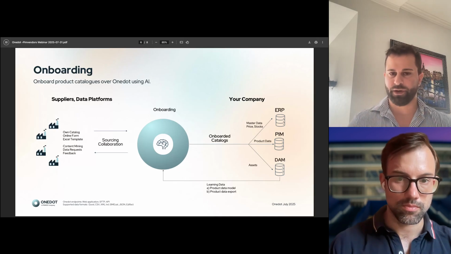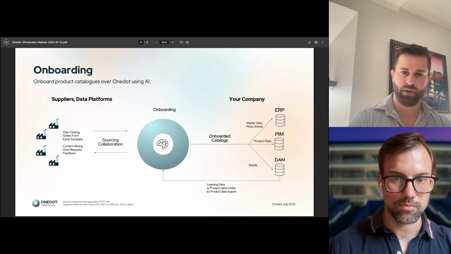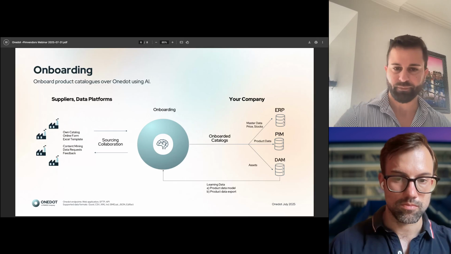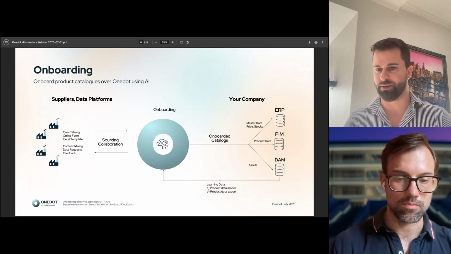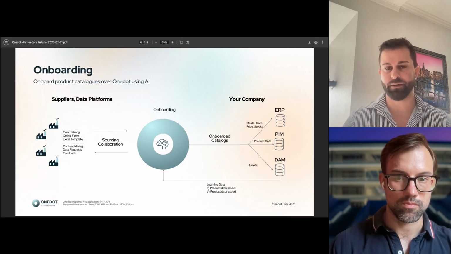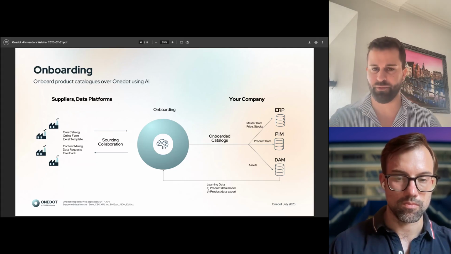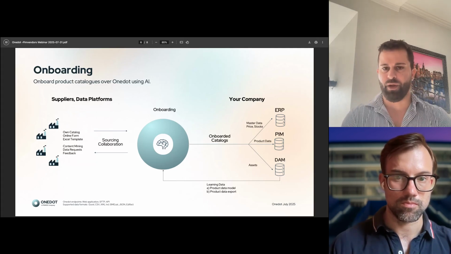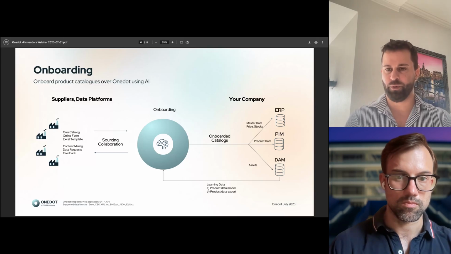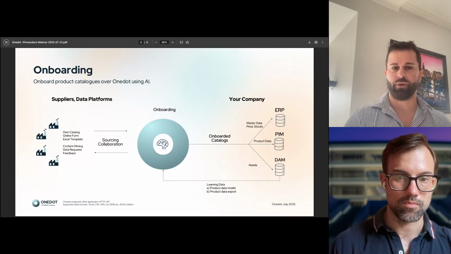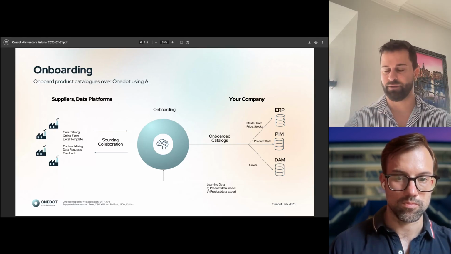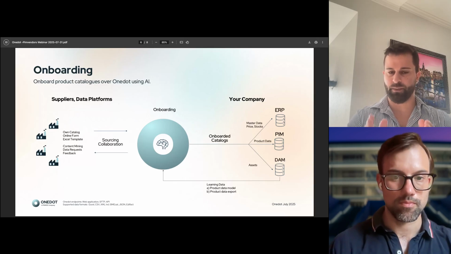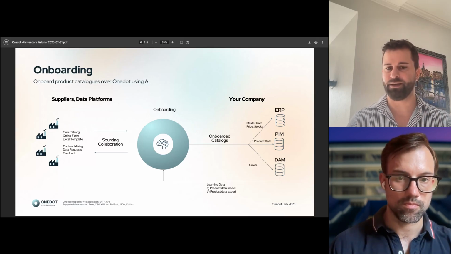When we have the data structure, we can set up the data model in the One.dot platform in the middle here. Therefore it's crucial that we have this learning data, because our own AI, and this is one aspect where we differentiate ourselves from our competitors, is machine learning that is pre-trained directly on the product data model. Besides that, our AI is already trained with 1 billion product information in order to have high precision and recall. So we need a product data model to set up the structure, and then the product data export.